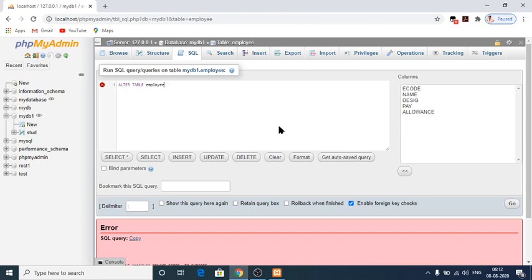So I would like to execute some other commands because it shows an error, but there is no error in that because my SQL statement was correct.